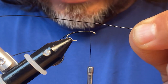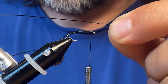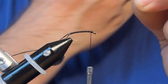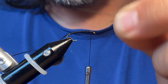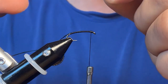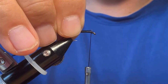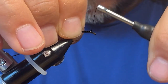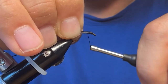It's a completely black 26 gauge wire. And 26 is nice because it's in between the pliability of something thinner and the strength of something thicker. So the 26 gauge is just right for me. It takes a little bit longer to helicopter it off, but that's fine with me. So I tie it in starting right about where I had that head, and put a couple of wraps right there. We'll wrap all the way back